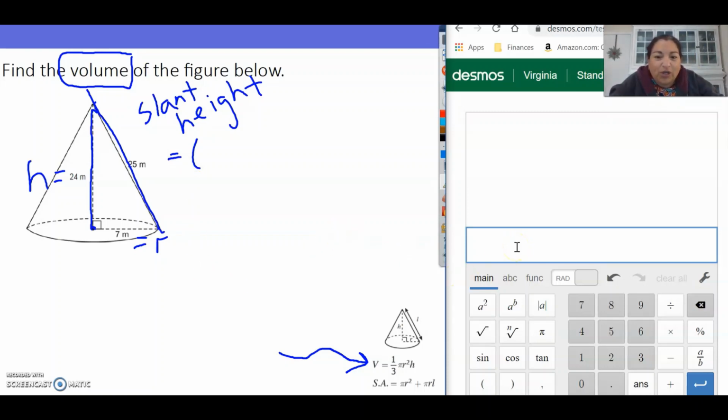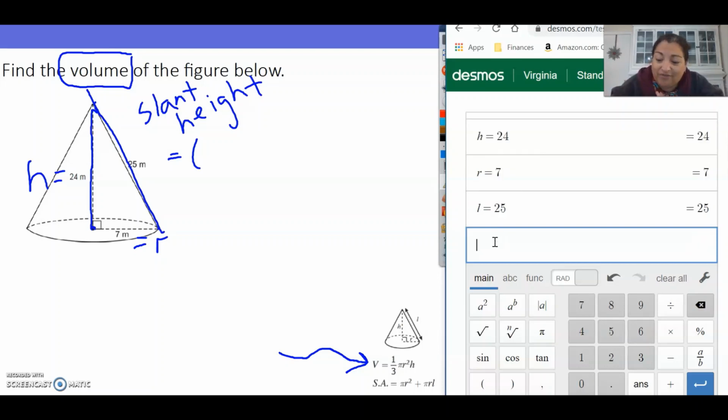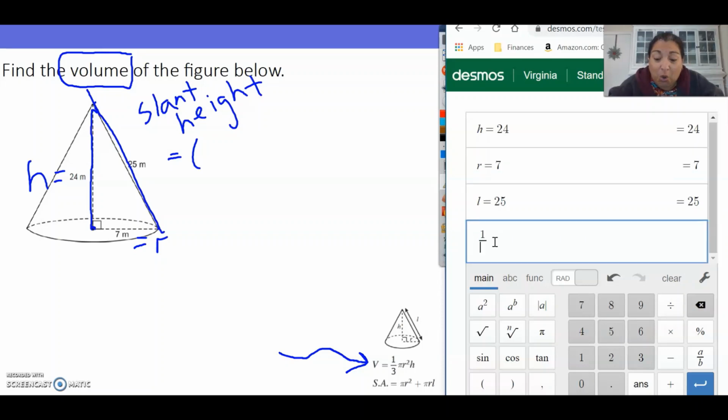So let's come over here, and why don't we go ahead and put in our variables first. So we know the height is 24. We know the radius is 7. And L is the slant height. We know that's 25. Okay, so now let's put the volume formula into Desmos. 1 divided by 3, and I'm going to use my cursor to move over. Pi r squared. So we've got 1/3 pi r squared, and now we need an h. And that gives us a volume of